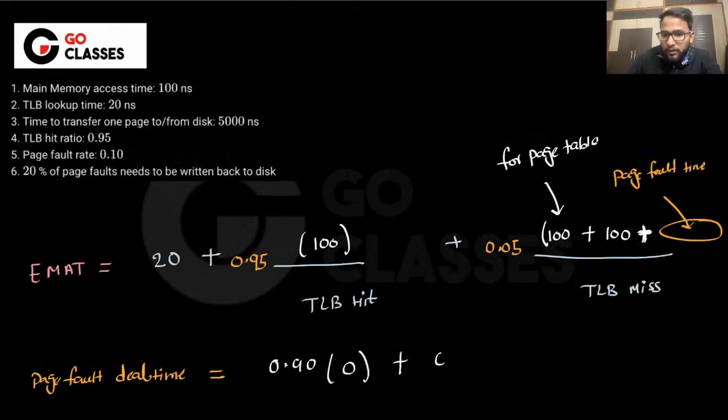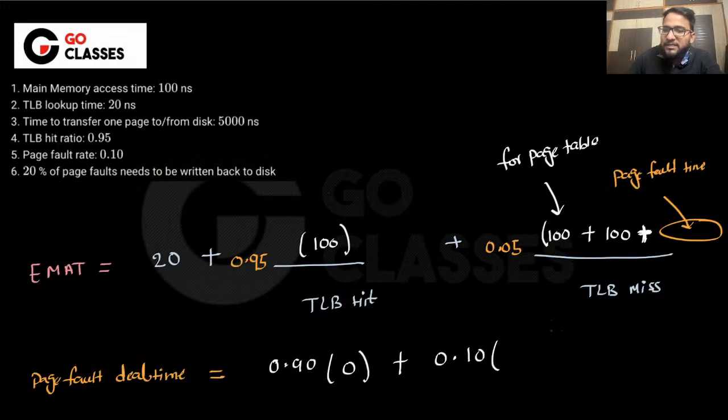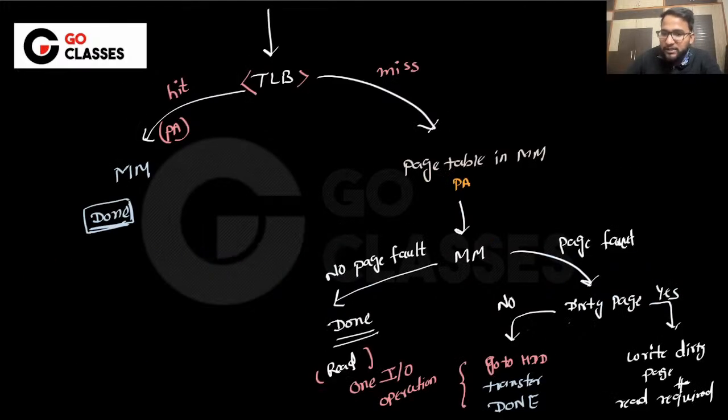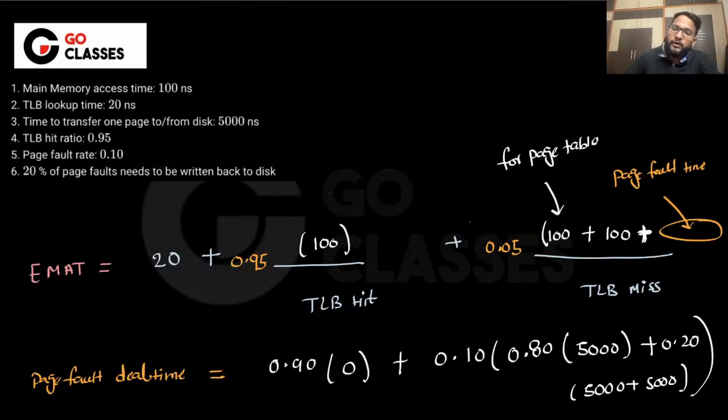If there is a page fault, then what are we going to do? We are going to check if the page is dirty or not. The page is dirty with 20% chance, and with 80% chance the page is not dirty, in which case you will just spend 5,000. If the page is dirty, with 20% chance, then you will be spending 5,000 plus 5,000. Right? So once this flow is clear to everyone,